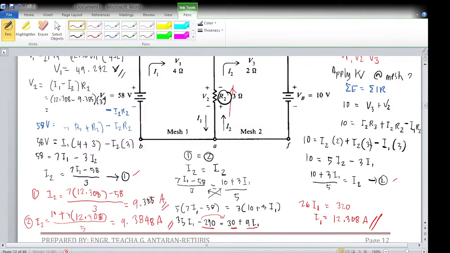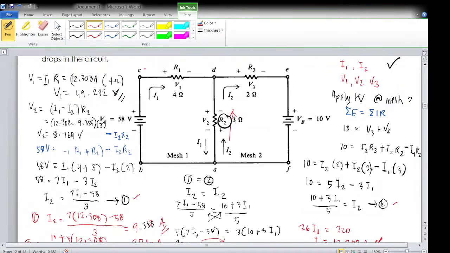8.769, ma'am. Okay, 8.769 volts. How about for V sub 3? Let's look at V sub 3. V sub 3 is, based on the diagram,